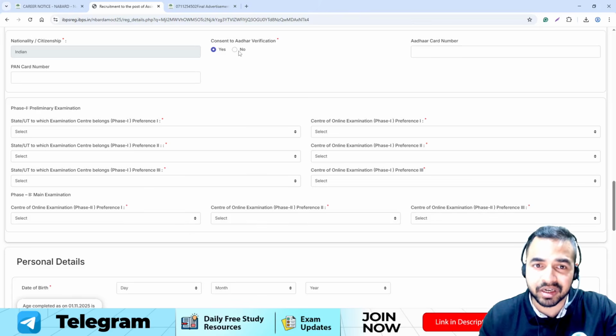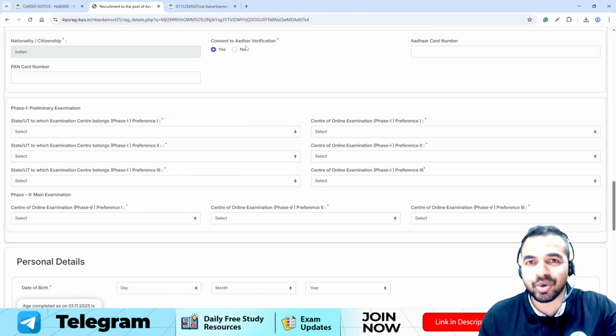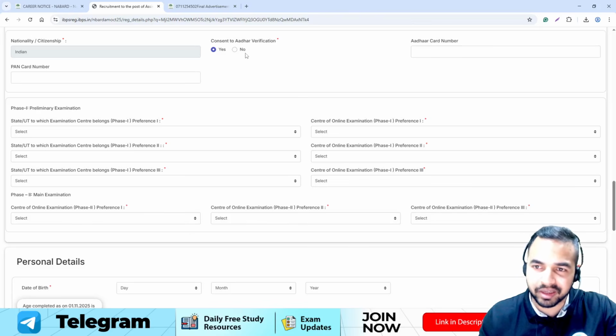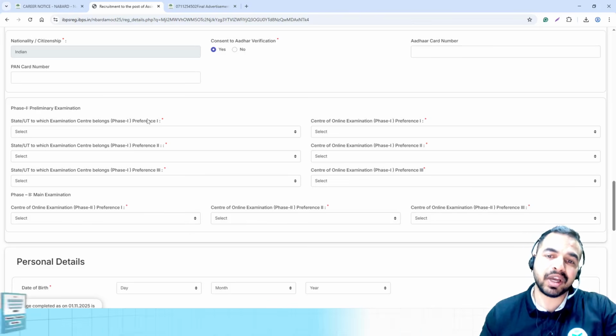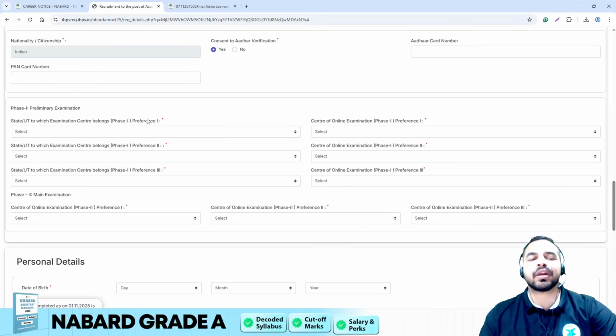This is nothing big here. The consent is just a kind of formality. Don't worry here. So you can just mark yes here. Okay. Then it comes to another important part, that is your preliminary